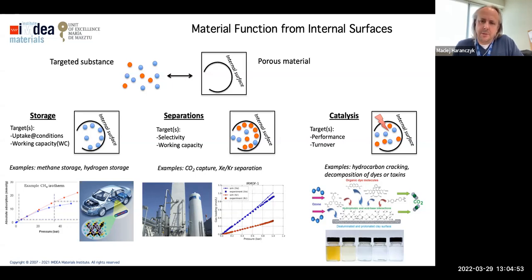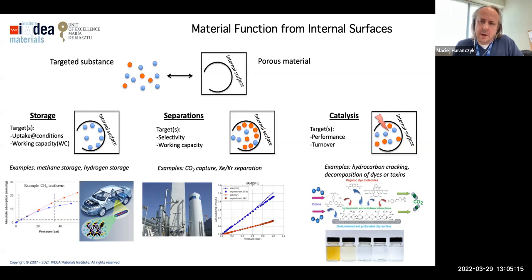Another application of those materials is separation. In those cases, we have a mixture. Our targeted substance is a mixture, and we want to use selective adsorption, basically to separate two different molecules or more molecules. And here examples are, for example, CO2 capture, noble gas separations, or hydrocarbon separations.